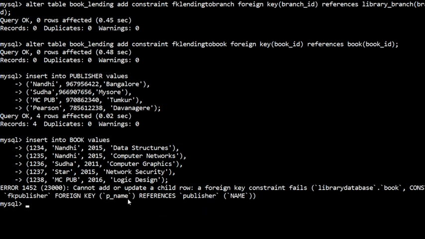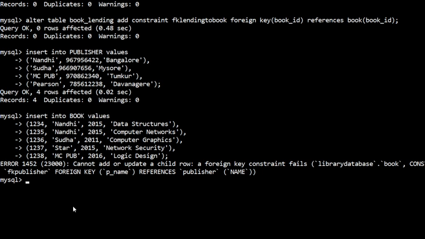Okay, so here the foreign key constraint is violated. It references publisher name. Just check, is there any mistake we have done in the publisher name. Nandi is there, Sudha is there, star. Okay, star is not there, right? So I'll do one thing, I'll put one more tuple to this publisher. Insert into publisher values.